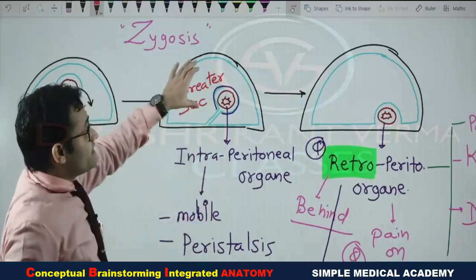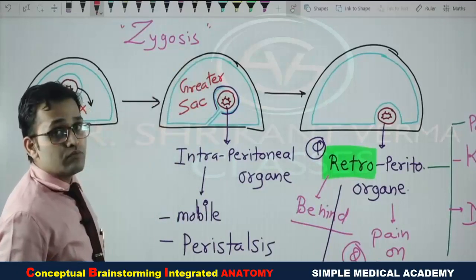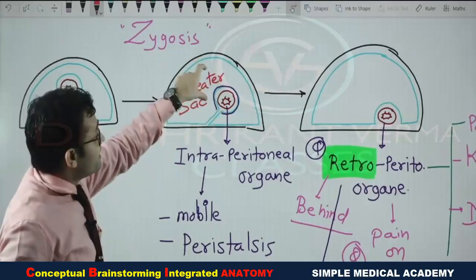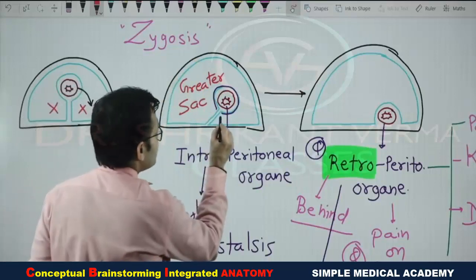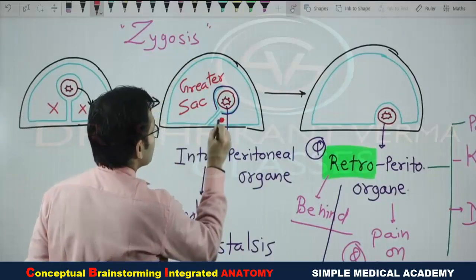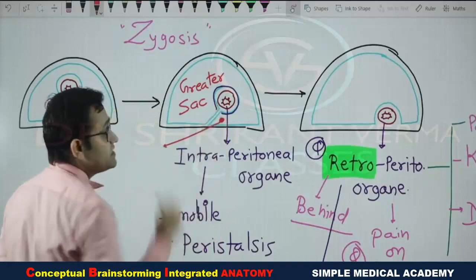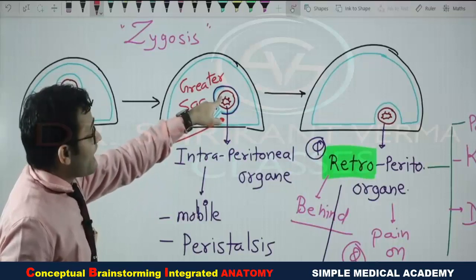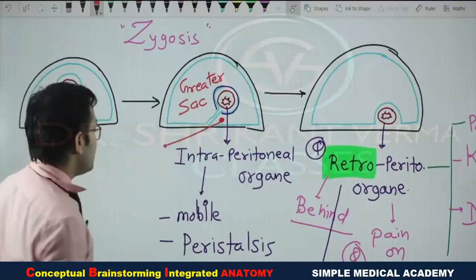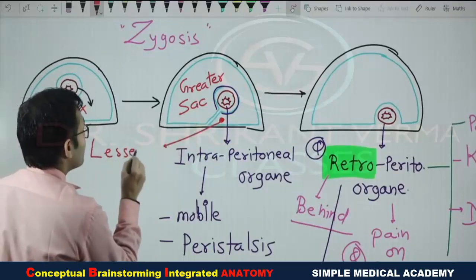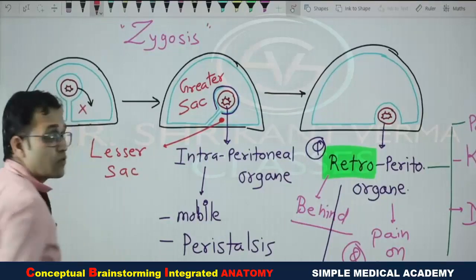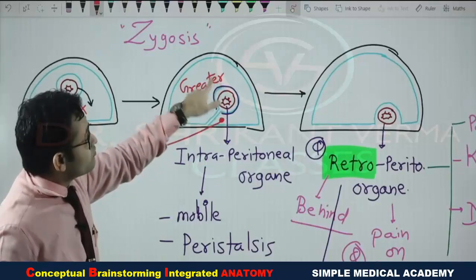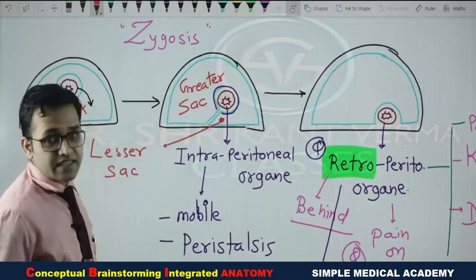So yes, the cavity in front of the GIT tube and the anterior abdominal wall, between these two, is the big cavity, greater sac, while there is the one small cavity here. Can you see? This is the small cavity behind the GIT tube. Or suppose this is the level of the stomach, so behind the stomach, this small cavity is known as, yes, lesser sac. What I'm telling you, this is the GIT tube at the level of stomach. So in front of the stomach, greater sac, behind the stomach, lesser sac.